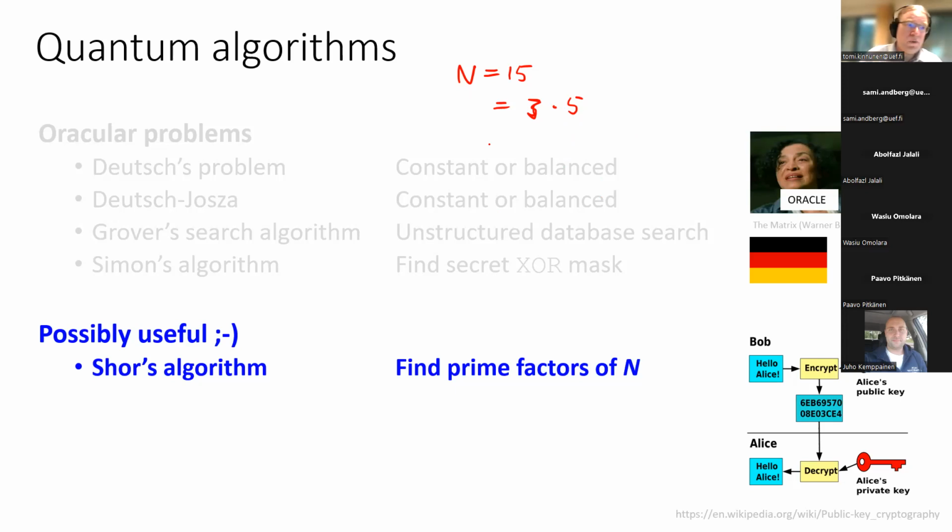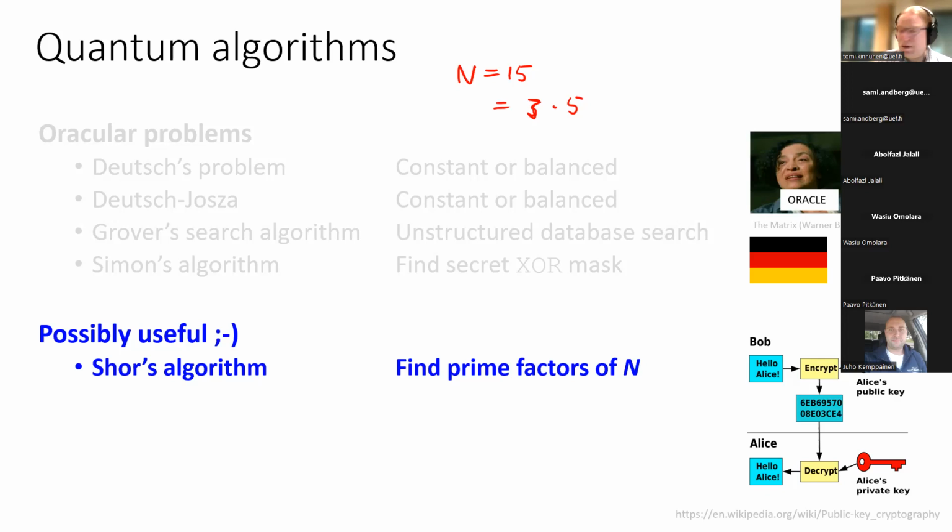And what Peter Shor did in the 1990s is that he figured out how to make use of a quantum computer to solve this problem efficiently. Historically, I believe this was one of the reasons why quantum computing got a lot of interest and excitement, and nowadays why organizations like NIST are talking about post-quantum cryptography and topics like that.